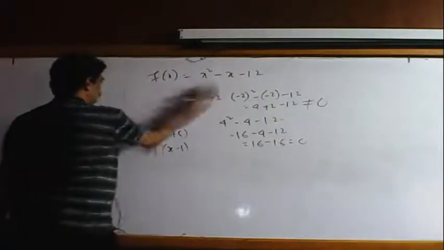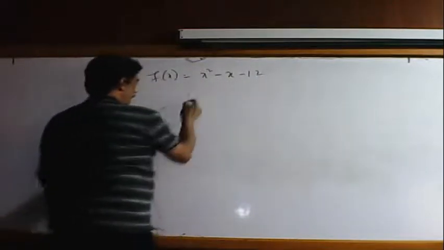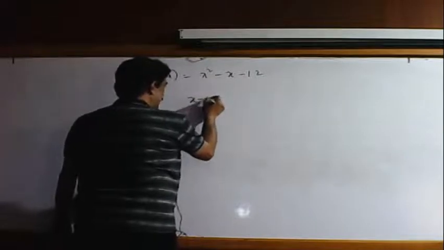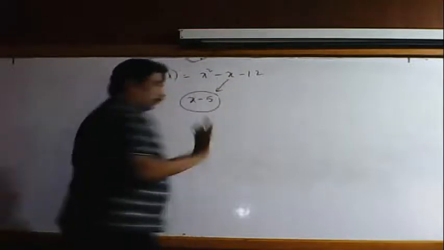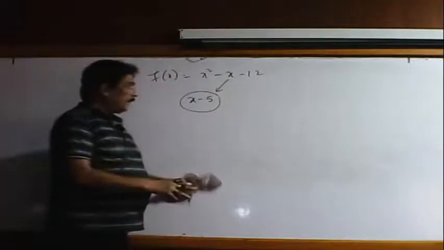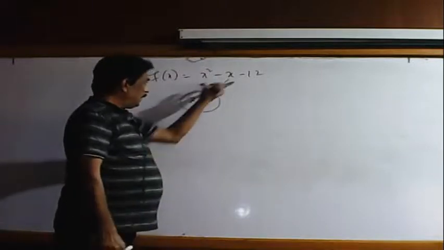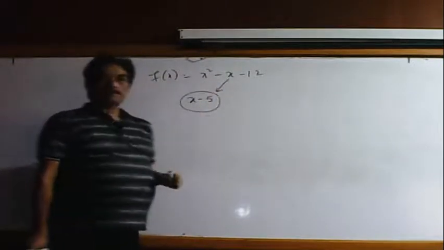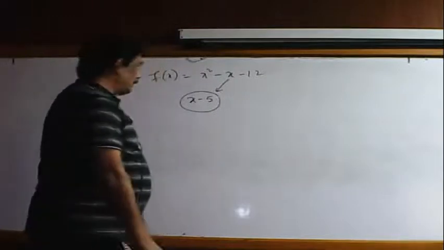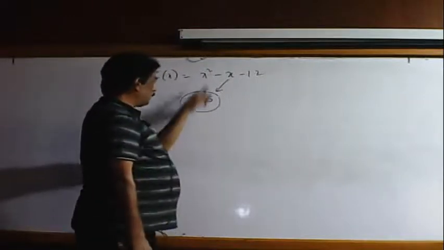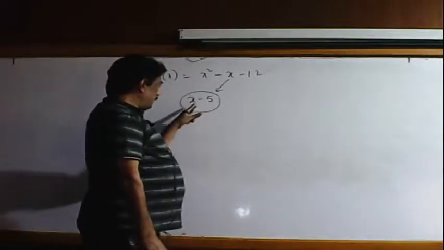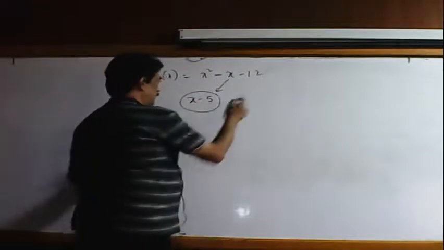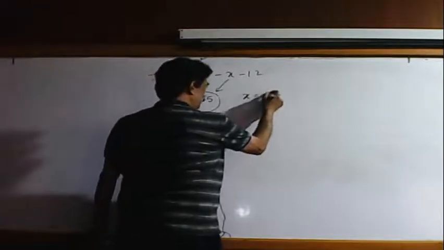Pattern number 2. Let us consider x minus 5. Examine whether x minus 5 is a factor of the given expression, yes or no first. If it is no, then if I divide the given expression by x minus 5, what will be the remainder? Most important concept. Now, apply x equal to 5.